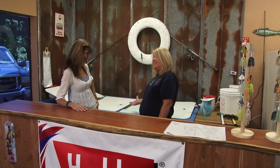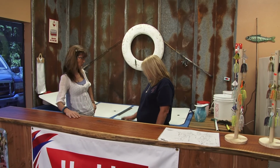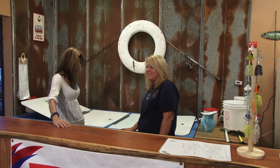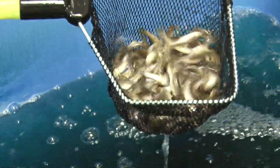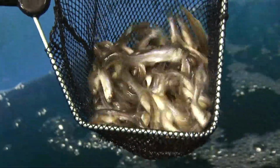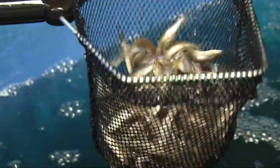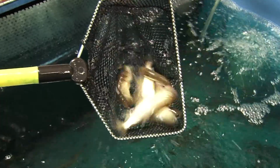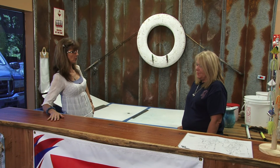Oh, back here, this is where our live bait is. Oh, and you can't go fishing without bait, especially live bait. Absolutely. So what kind do we have in here? Right now, we have large minnows. Okay, we have medium shiners, large shiners. Large shiners. So they can just come in and belly up to the bar, give you their order, and you'll